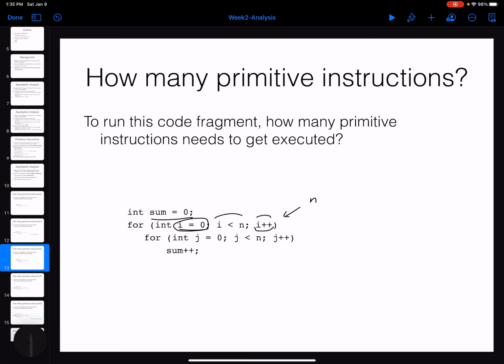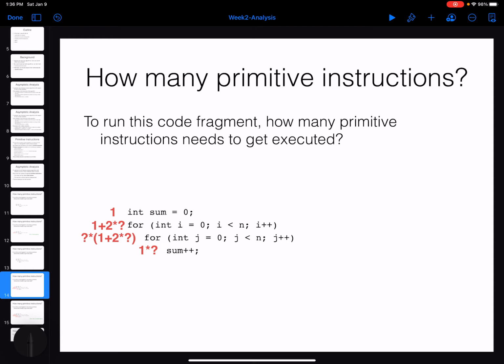So in this example, still the number of iterations is n, so I have n comparisons here, n increments here, and there is another loop. This loop is going to be inside this loop, right? So for one iteration of the outer loop, I need to count how many times these instructions are going to be executed. And then I need to multiply the whole thing inside by n, because n is the number of iterations of the outer loop. So in total, I can say that,